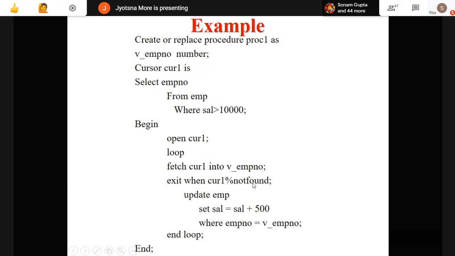If exit is found, exit means you will directly come out of this loop. Okay. If not, then you will continue with this part. You already know that part when you have studied Java as well. In that you have studied when to come out of the loop, right? So that is written as exit when the cursor is not found. If it is not there, then from this you will come to this line. Because if the cursor is present, then definitely the values are there. Then you will continue here and end the loop which you started, because here it will go into the loop.